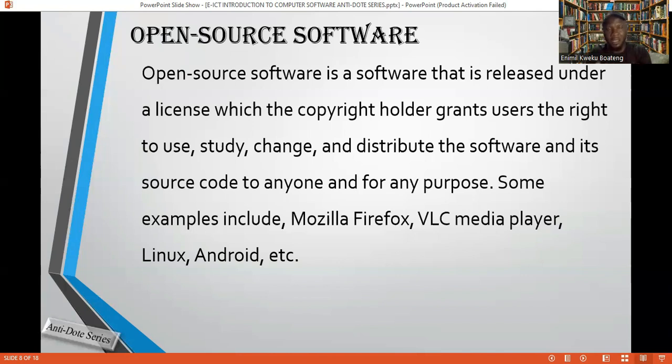If the software is open source, meaning the source code, the instructions used to create that software, is available, then if you have that knowledge, you can take that source code, study it, change it, add onto it, use it, and distribute it